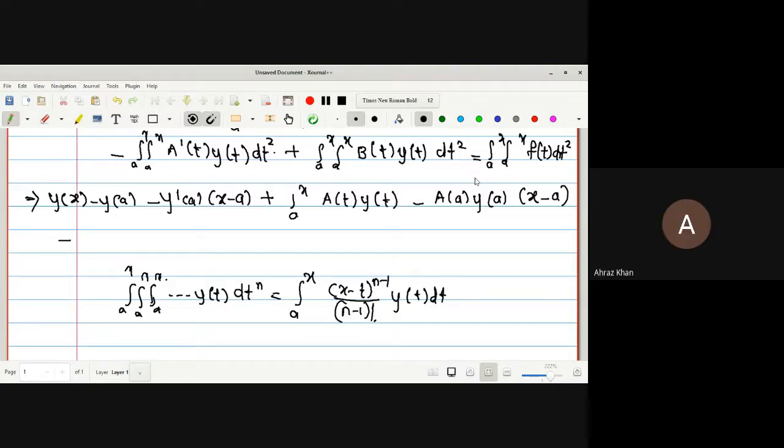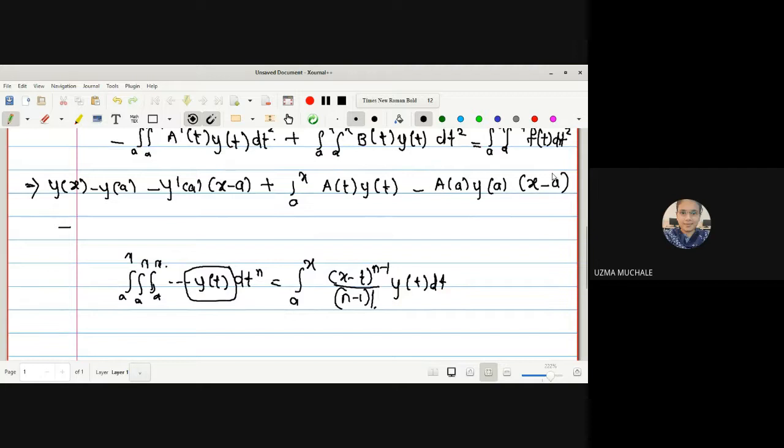Ma'am, I think we can apply because we can take y of t as a dash of t into y of t. Correct. Because it is some function in t. Now, y of t is what? Some function in t. So this a dash of t into y of t will be again some function in t. This b of t into y of t will be again some function in t. F of t, instead of having y of t, we can have f of t. Okay. So now let us apply this formula.